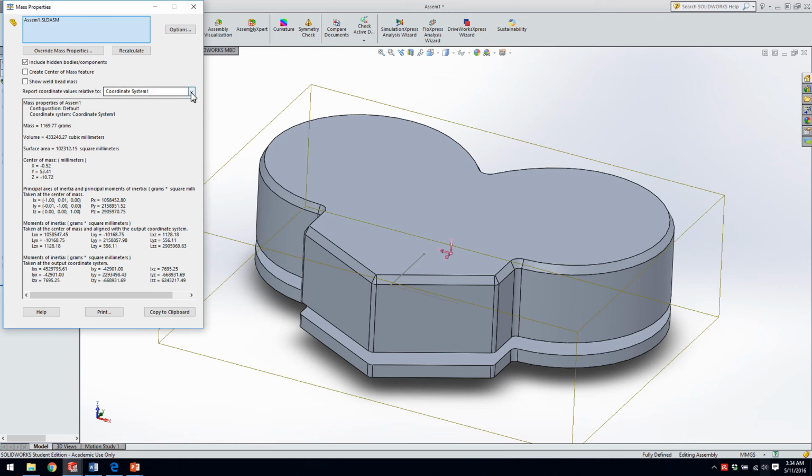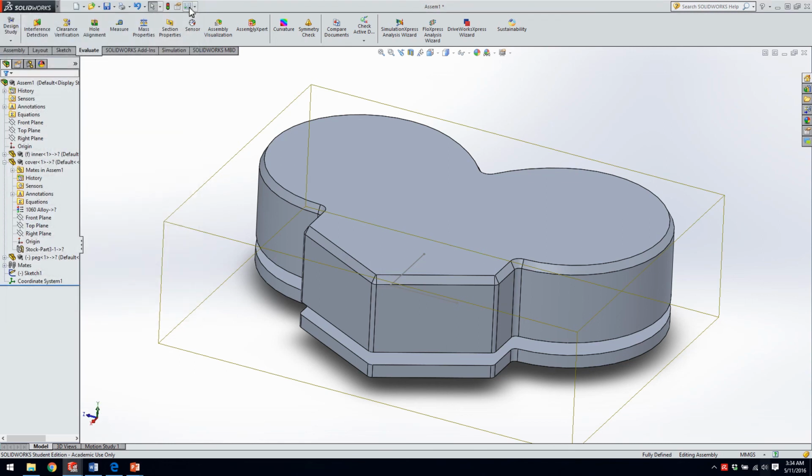So that's a very important thing to remember when doing the evaluation at the end, is that our coordinate system, at least in the assembly, is where we have defined it from our reference geometry. So no matter how we configure this part, the mass should stay the same. So when you are within a part,